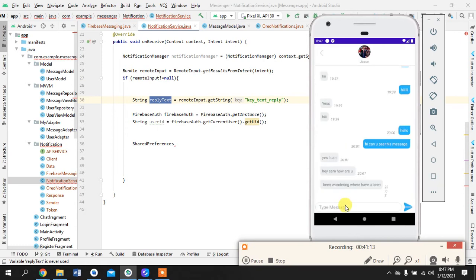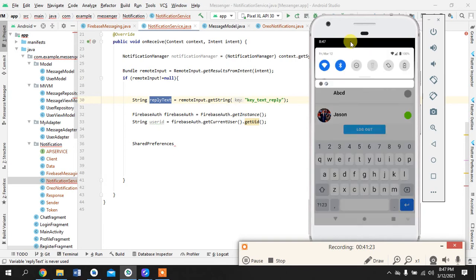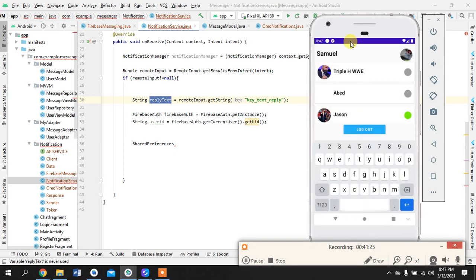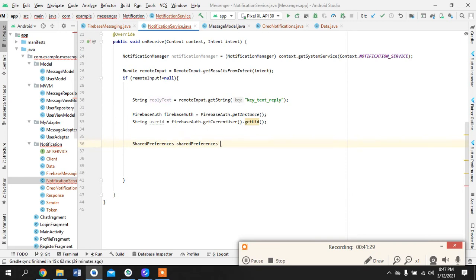Okay, so if I'm sending a message here, then obviously I'm using this message model and simply adding a document into the Firestore. So what about once I reply from this? I have to follow the same approach. That is why I have to get this stuff. Shared preferences, context, get shared preferences,